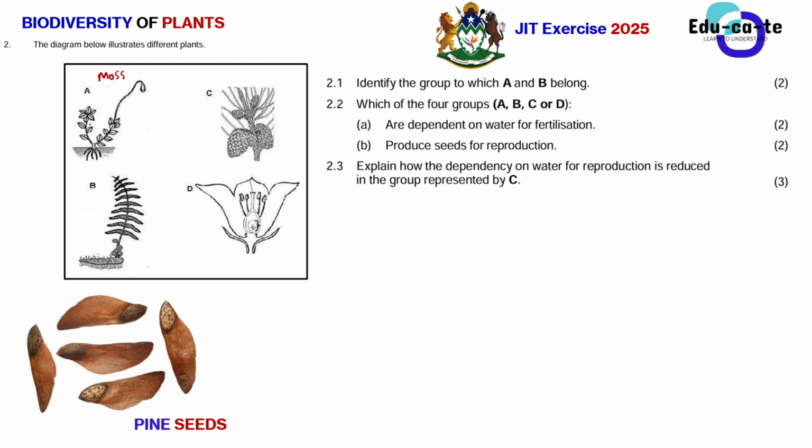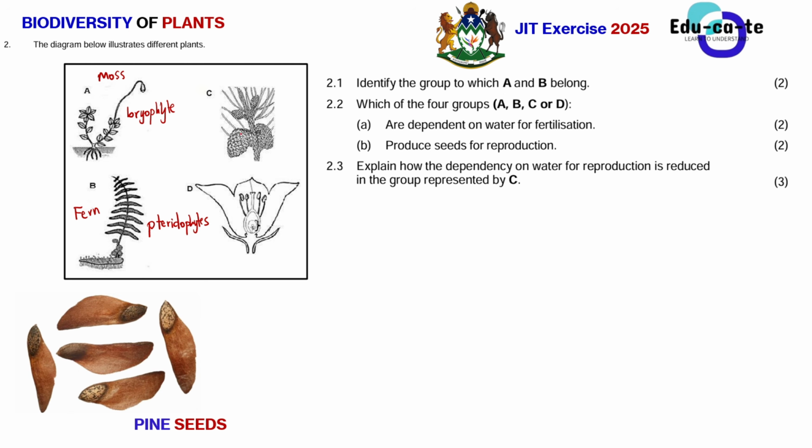When I made a video about bryophytes, I think I mentioned how a moss looks like. This is the structure, all right? So the moss basically is a bryophyte. So the division here is bryophyte, but this is known as a moss. The actual plant is known as a moss, but the division is bryophyte. Then when you look at B here, you can see that B is a fern. This is how a fern looks like. So the actual name of the plant is known as a fern, but we say that it belongs to the group of what? Of pteridophytes, or it belongs to the division Pteridophyta.